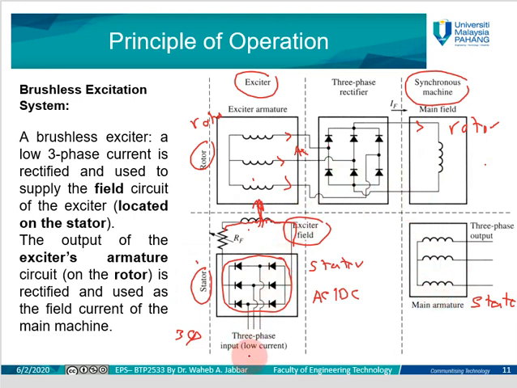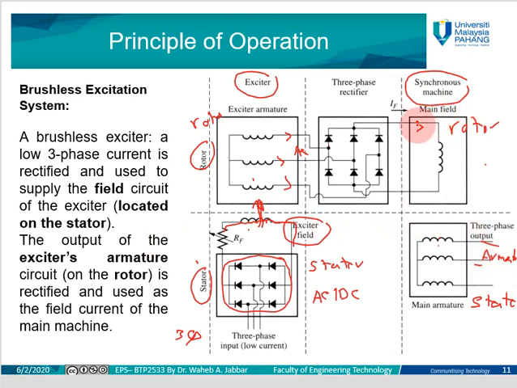Okay, so we start with AC, convert to DC, go to the field or stator winding of the exciter, which induces a voltage in the rotor. The induced voltage will be rectified by using a bridge rectifier here. It will give you a DC current, which is the field current here, going through the windings of the rotor of the main machine, and the rotor of the main machine here will generate magnetic flux. This rotating magnetic flux will induce the voltage in the stator winding, or the armature winding. Okay, so then this field will generate a voltage from the synchronous generator, and this is how